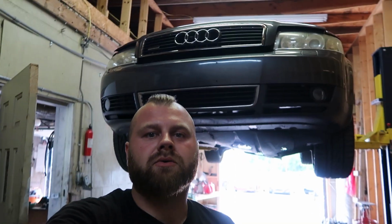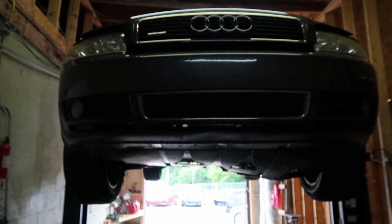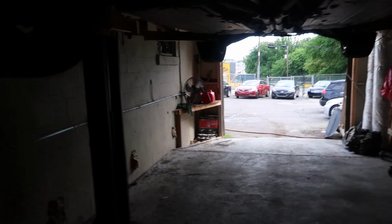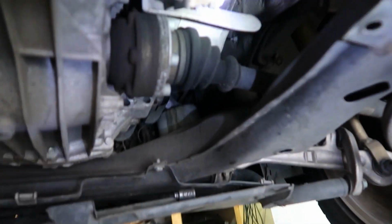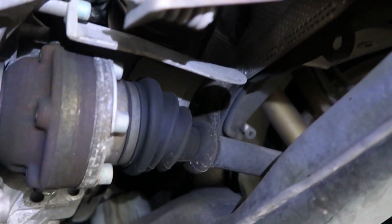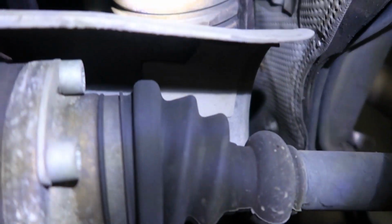Alright guys, here's our Audi and I'm going to show you how you can get to the O2 sensor, bank 1, sensor 2. It's really hard to see, but I'm going to show you from the bottom and then from the top. So if you look on the passenger side right there, and you see your catalytic converter right here,